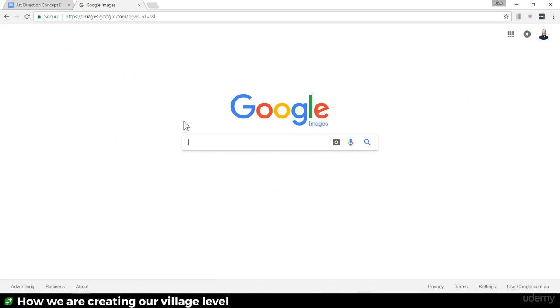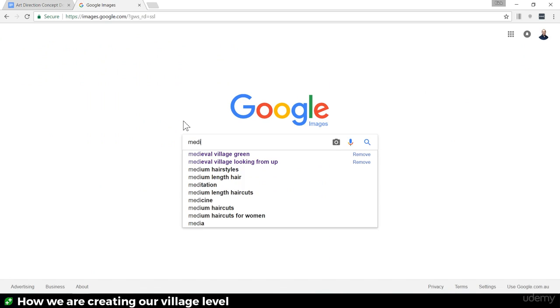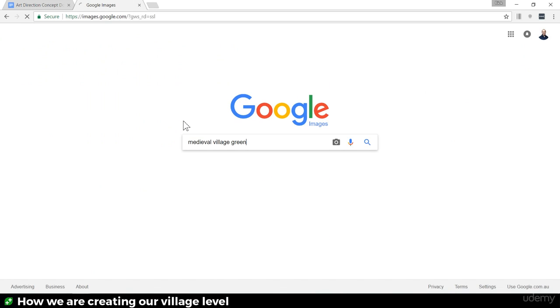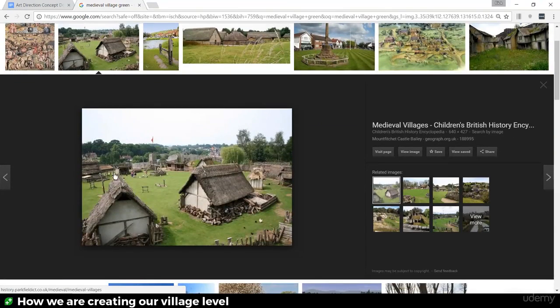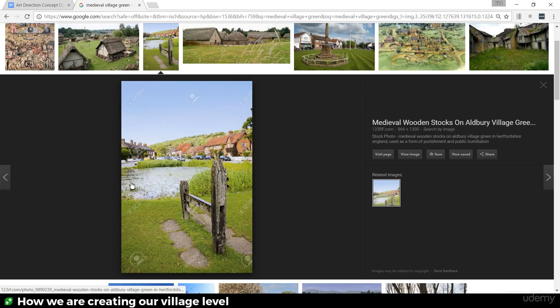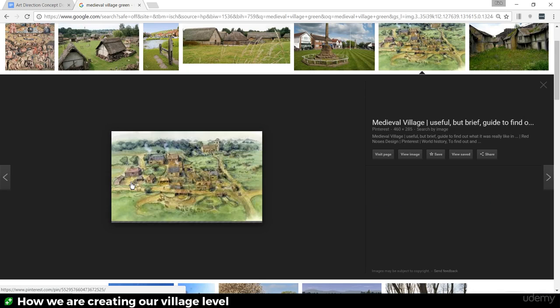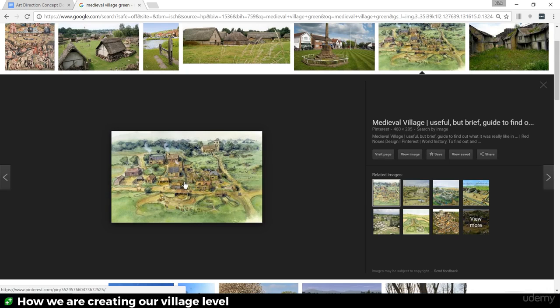Then I also jumped onto Google Images and searched medieval village. I really like the idea of having a central spot in my level, like a village green, if you guys are familiar with that terminology. It's the green area where the villagers came and hung out back in the olden days. So I wanted to create that feeling of a central spot